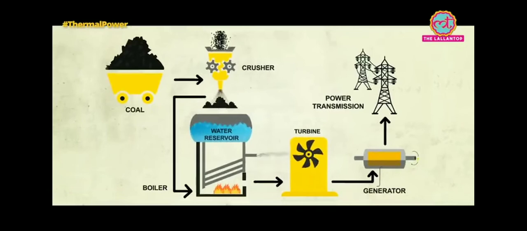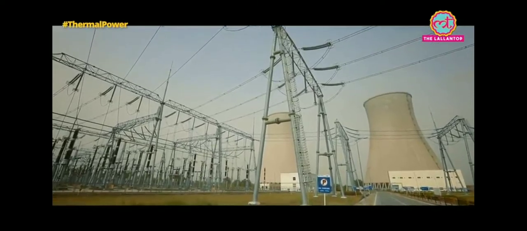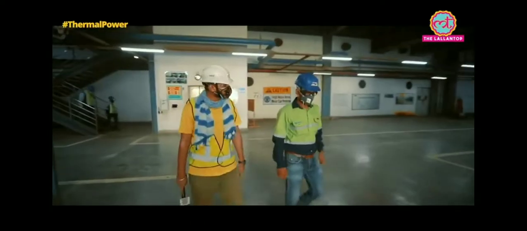This electricity is produced at a low voltage. For transmitting it, 24 kilovolts is converted into 400 kilovolts by a step up transformer, so energy losses are reduced. This one is a transmission tower, which is transmitting electricity towards the different substations.